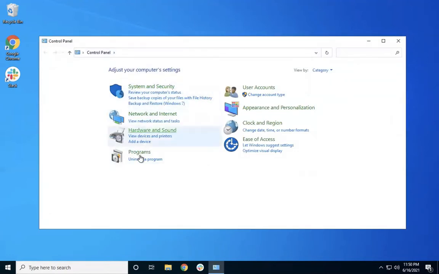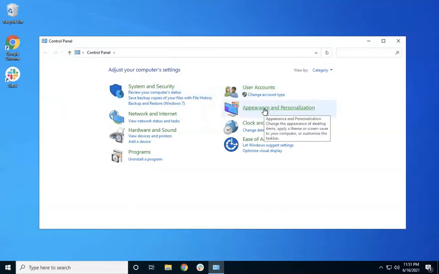So as part of the control panel, you can uninstall the programs, which we have already seen. You can manage your internet connections. There might be multiple Wi-Fi's at your home and you might want to manage all those Wi-Fi's. This is where you can go and manage. You can also manage hardware and sound. You can manage system and security. If you want to add more users to your laptop or desktop, you can use user accounts and you should be able to add users.